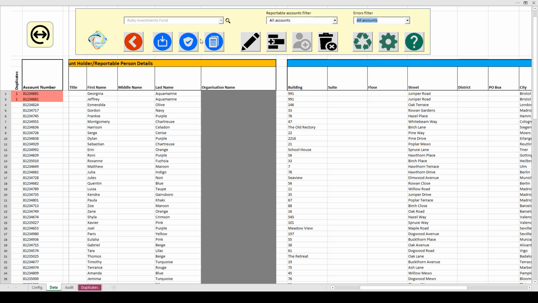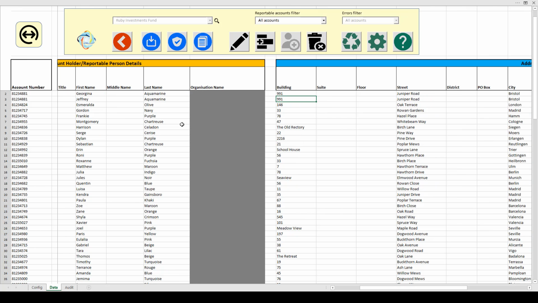and if I now rerun my validation checks, what I'm hoping that I will find is that no duplicates will now be identified. Okay, so the validation checks are now complete, and no errors identified. So we now can proceed with creating our reports, knowing that we've cleared any duplication and validation checks.